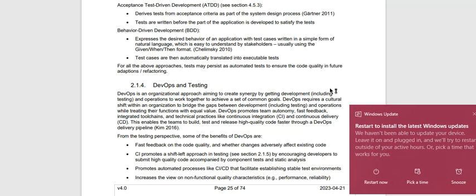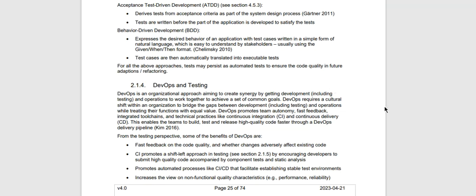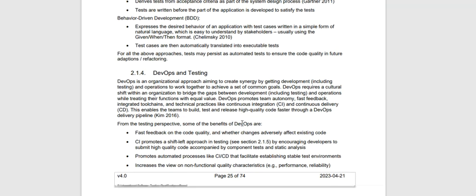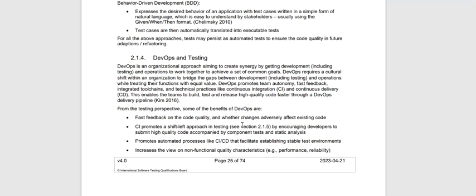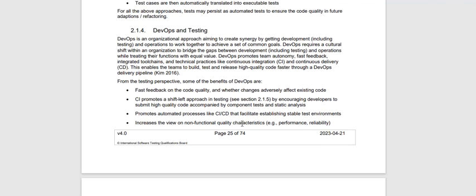Yes, given-when-then format. This is a simple behavior. The test cases are then automatically translated into executable test cases. For all the above approaches, they may persist as automated tests to ensure code quality in future application